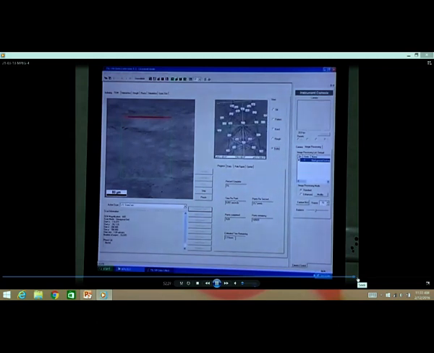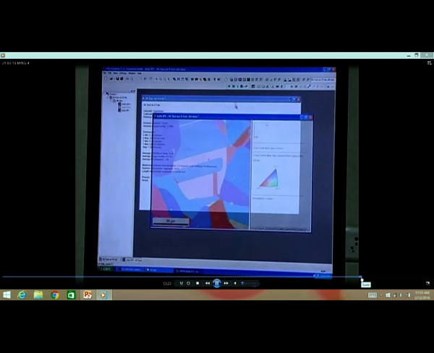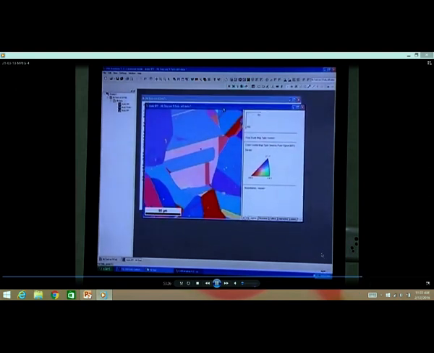Since it is going to take a long time, I will go to the final result. For example, typically you get an inverse pole figure map. So, you see a very nice colorful picture like this. You have to be very careful in understanding this. Each color indicates an orientation mapping. So, be very careful about it. This is not a microstructure, this is an orientation map.